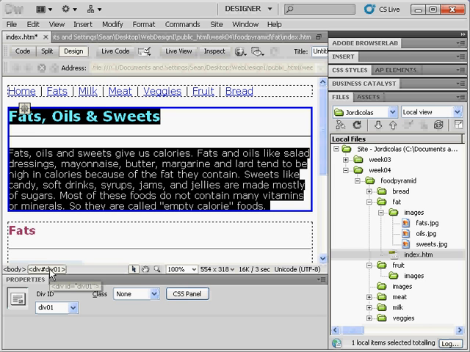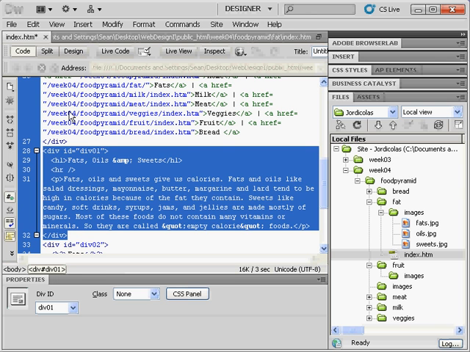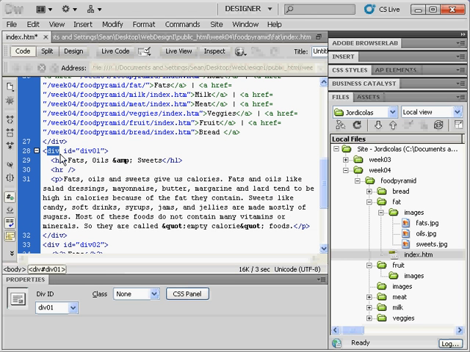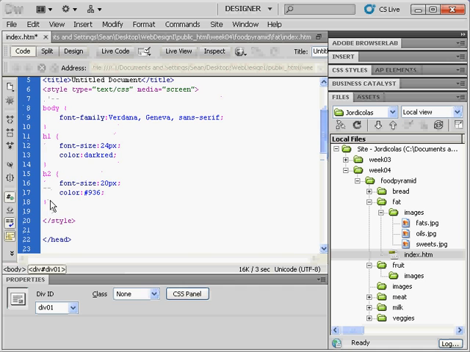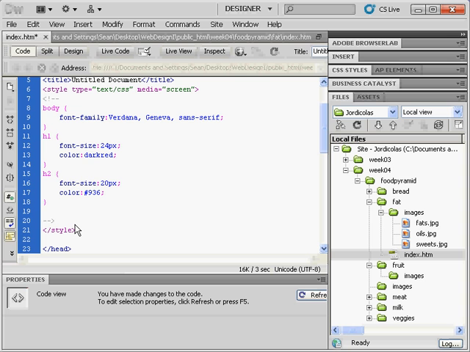Now, if I have that division selected, I can see that it's called div pound div 01. The pound div 01 means you can literally read the pound sign as ID: ID div 01. And just to show you what that looks like in the code again, you have a division and you've given it an ID div 01. So we'll use that as a selector now, and we're going to change all of the font within it. So where I have an ID, that's what the pound means, div 01,